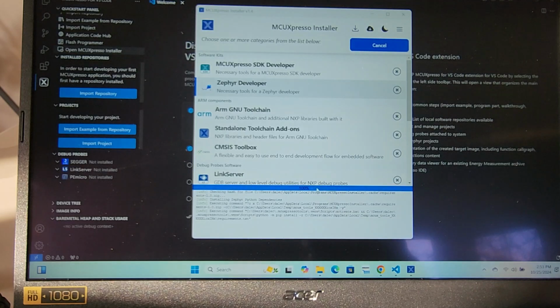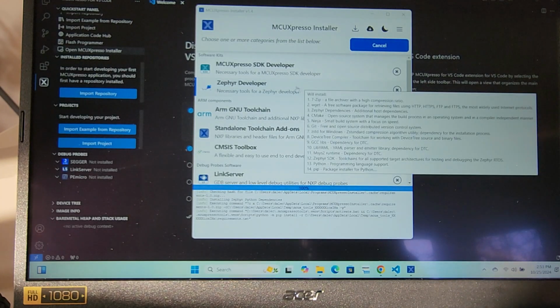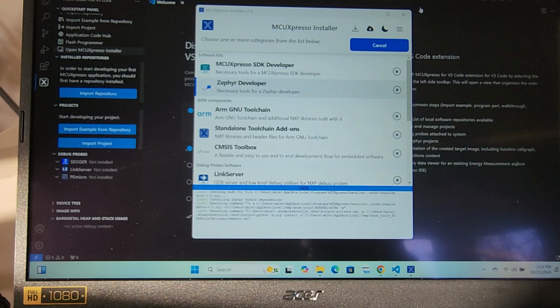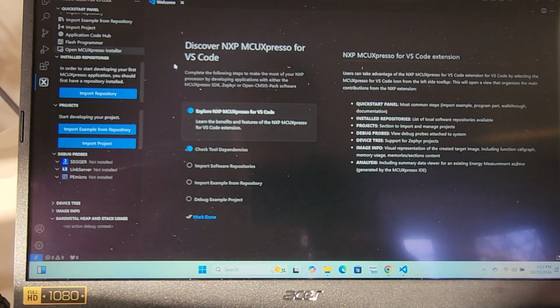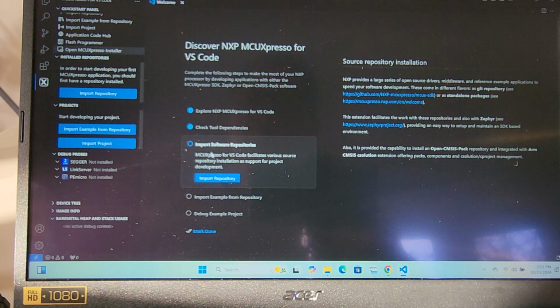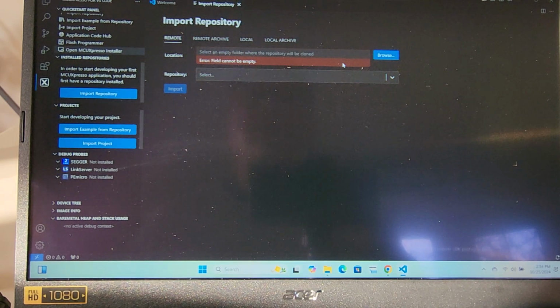So at least it got through 100%, much faster this time. Let's see here. Let's close this down for a second. It's got these various startup actions and steps that we go through, which is kind of helpful. So let's import a repository, and what we're going to do here is we're going to get the remote one,